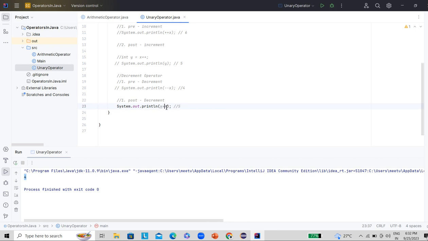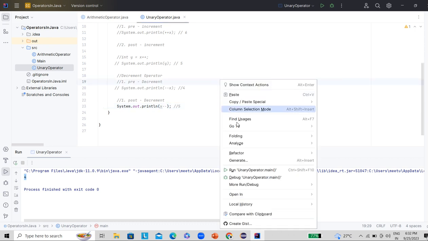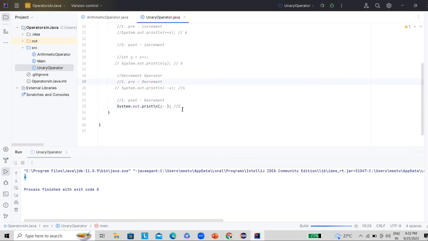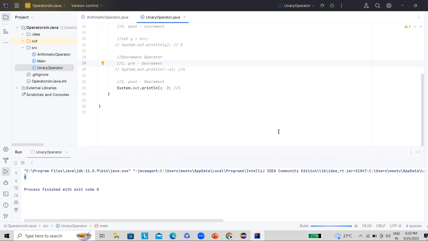Because first we are printing the value and then we are decrementing it. That is called post decrement. But we are not using the decremented value afterwards, right? So that's why it stays 5, whatever the initial value was. Let's run this program and see it in action. Yeah, it is showing 5 only.